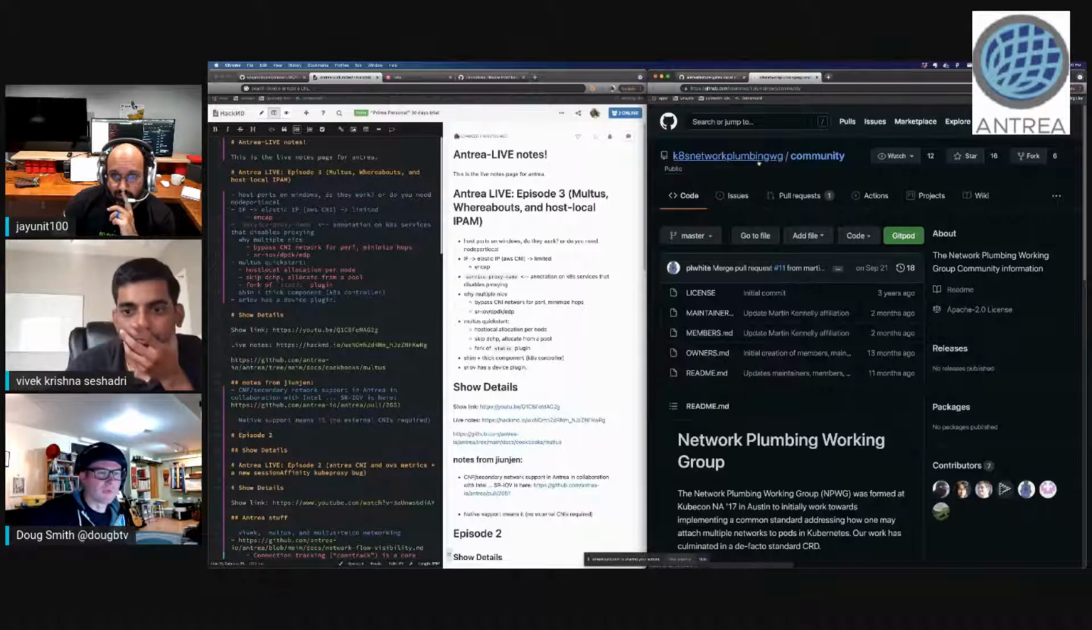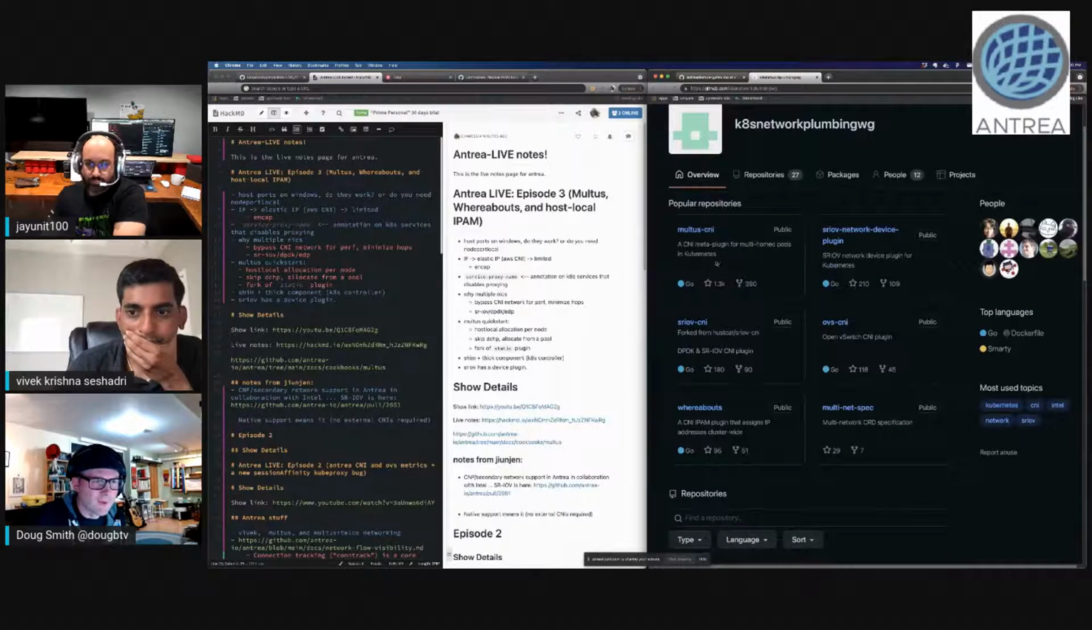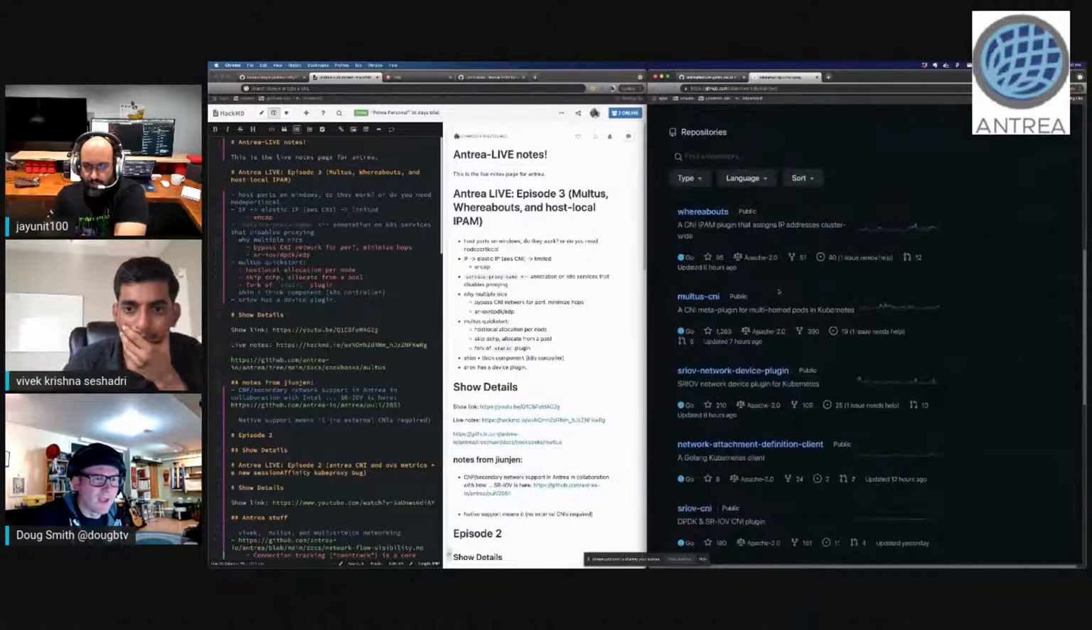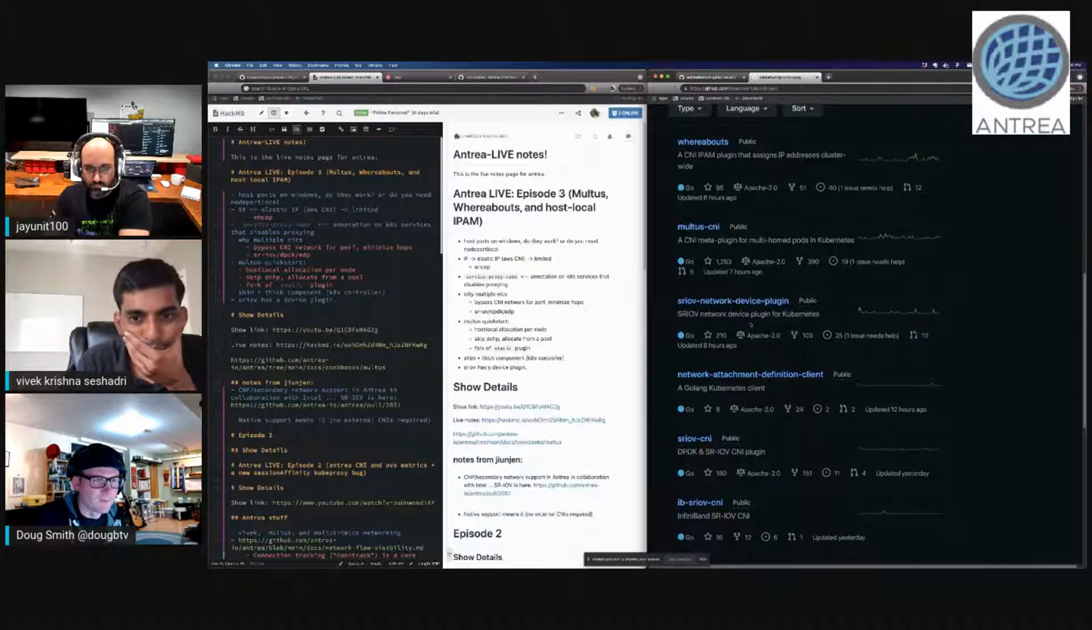Yeah, if you go to the root group and then look at the repos, there should be a network policy. If you filter it by policy, you should find it. We have a number of